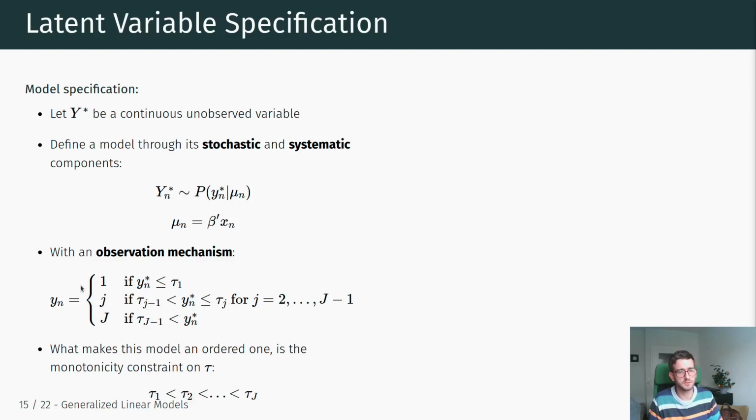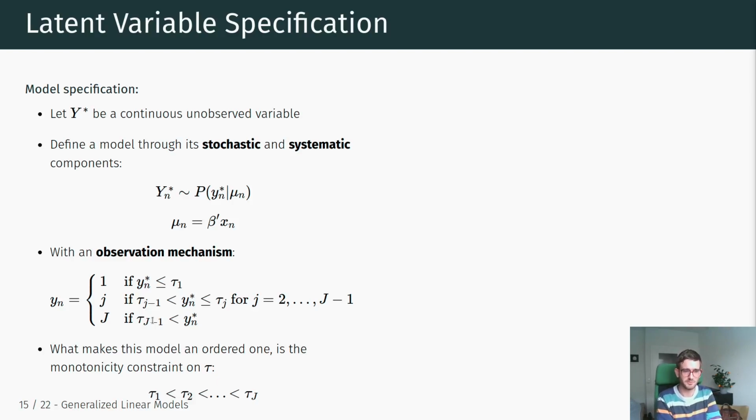Okay, so assuming here we have j categories, that means the outcome y_n ranges from 1 to, in our case, 3, but it could be a larger number of categories. The number of thresholds that we then have to estimate in this observation mechanism is j minus 1, right? Which makes sense if we have 5 different categories and we need to distinguish between them. We need 4 thresholds in our